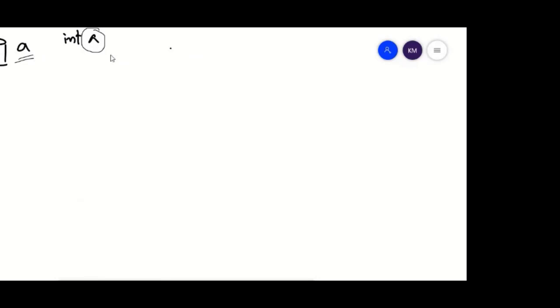For example, your home address or any particular shop address: these addresses are actually pointing to something. That is, something is within that particular location or memory position. The same is happening here.